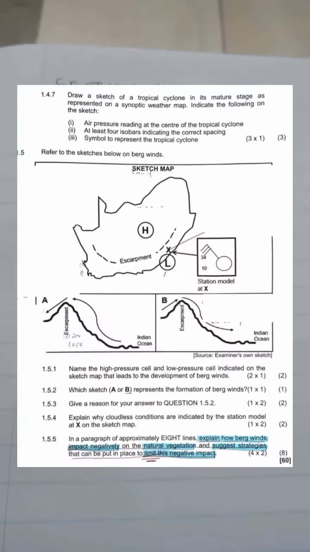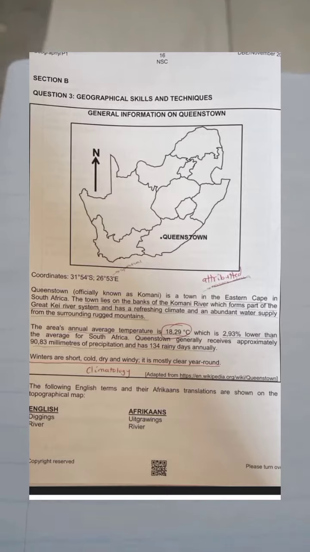Okay, so in this video we will go through the geography paper 1 that was written in this month of November 2023, and we will look at all the questions. I'll start with the climatology and weather, which is of course in question 1 in section A, and we'll carry on doing and breaking down other topics in other sections as well.